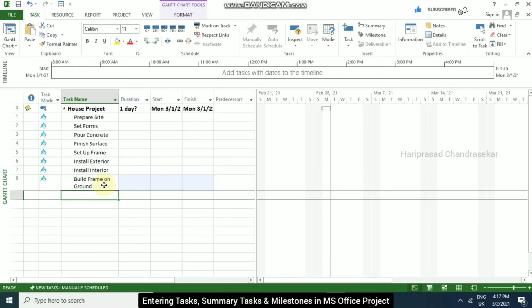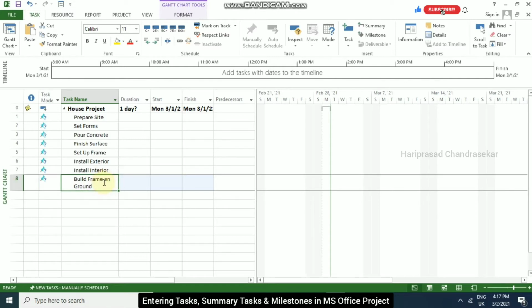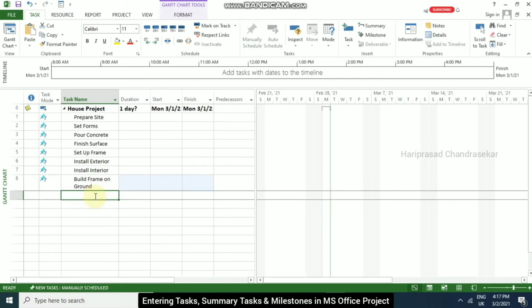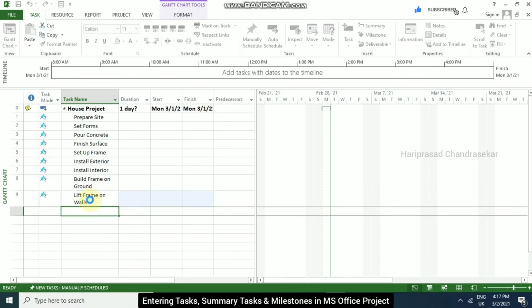See, when you are putting in a big task, the row height automatically changes. It is called text wrapping. It is similar to MS Excel. This text wrapping and everything else we can also modify in MS Project, similar to Excel.